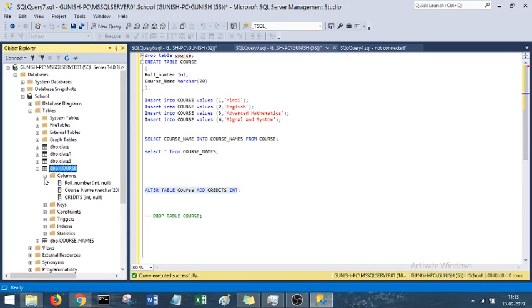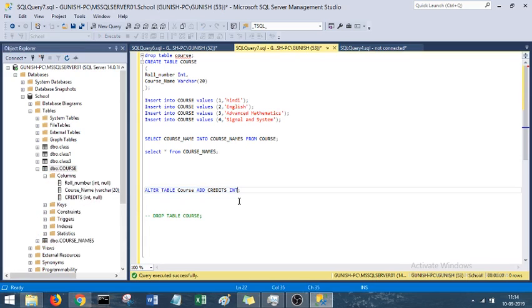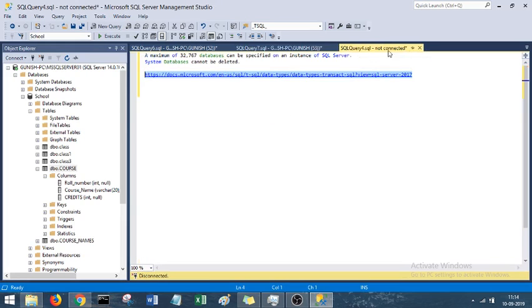That is credits, right? We can specify NOT NULL or NULL also in front of it. I already told you guys. So this was the basics of creating a table. Now I would like to cover